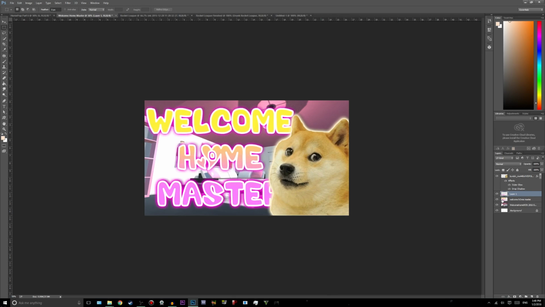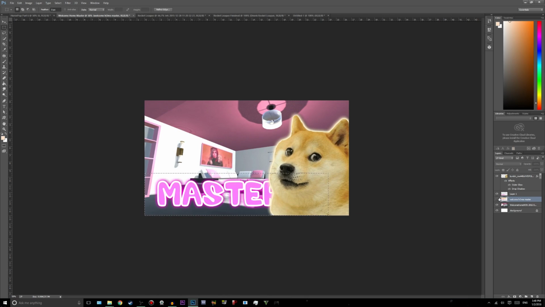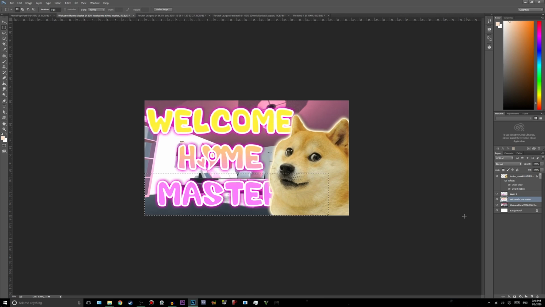So I only have that, and now I can go into this layer, select that part, delete it. So now I have one layer right here with just welcome home, and then I have one layer down here with just master. So I'm gonna take the layer that says master and move it